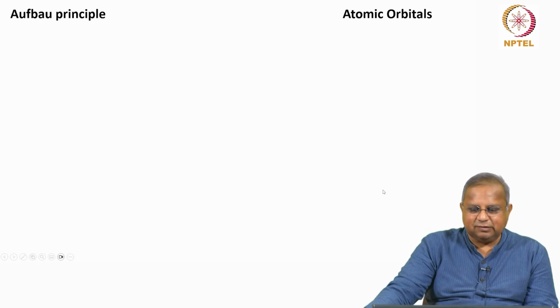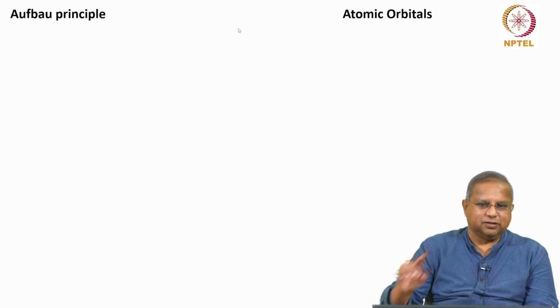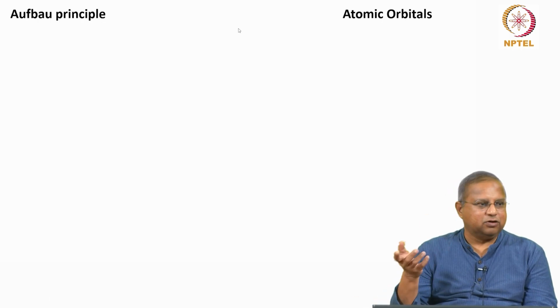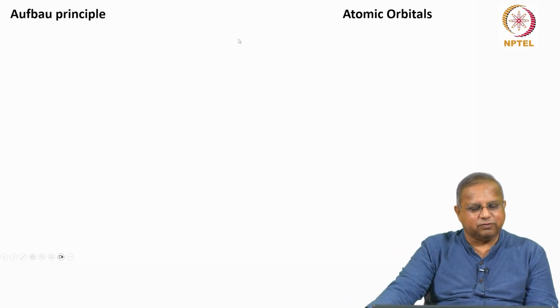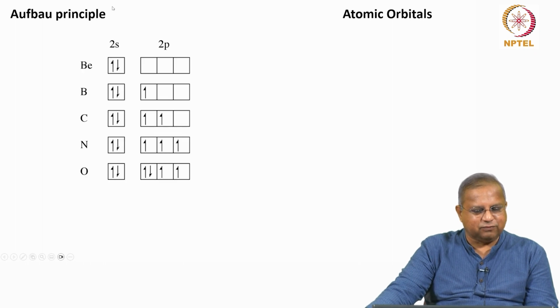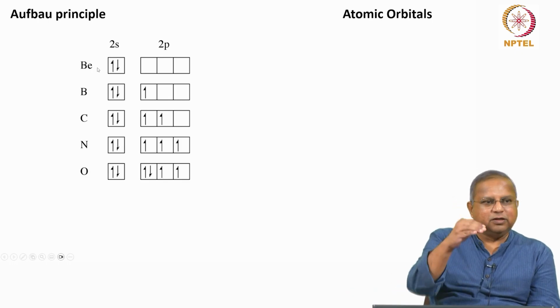So, to understand this, let us look at atomic orbitals. You all know the Aufbau principle, right? The orbitals get filled in the increasing order of their energy levels. So, I think 3d comes after 4s or something like that. I think that is where the numbers start moving out from the orbitals. So, if you look at one set of outer orbitals alone, the two orbitals, there is a 1s orbital, there is a 2s orbital which comes above that in